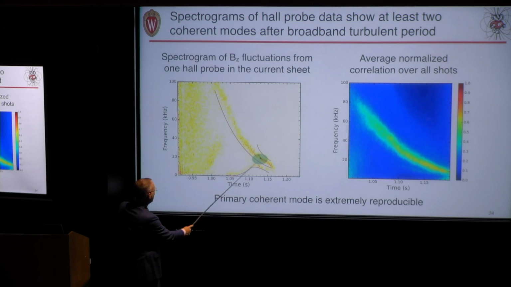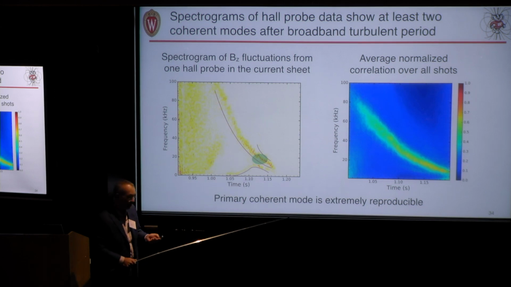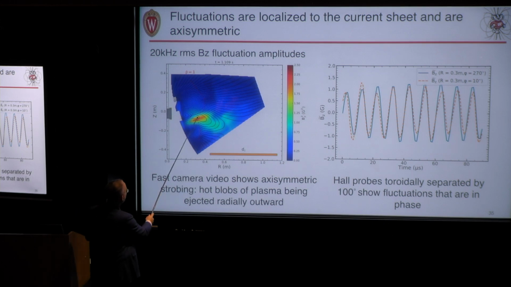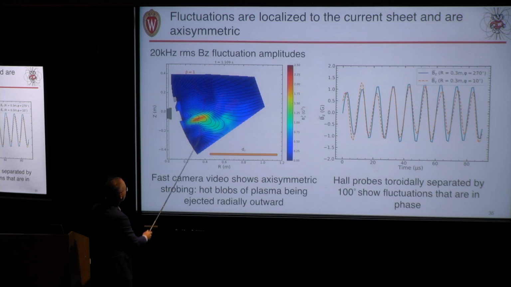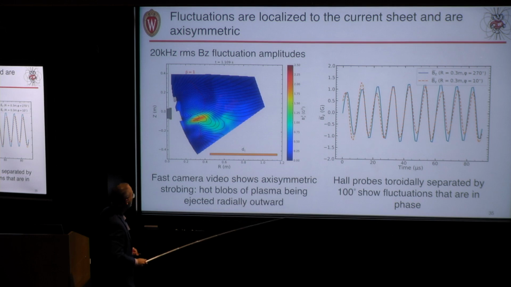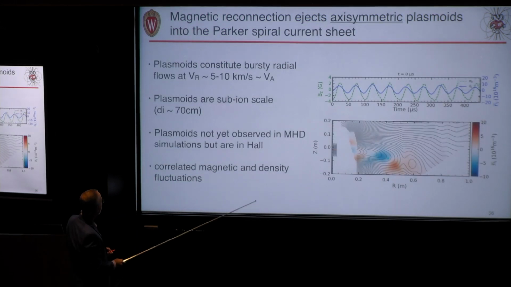And I'll show you data from this region here where I don't have turbulent fluctuations, but I have very reproducible unstable modes that I can actually image. And this is what we find. We find that the fluctuations are localized to the region about where the Alfvén point would be, the point where the magnetic geometry is changing from the dipole to maybe something like the field line here at the middle. Those are big fluctuations. If we look at individual probes, they're oscillatory. We can measure amplitudes and phases for all the signals. And what we find is